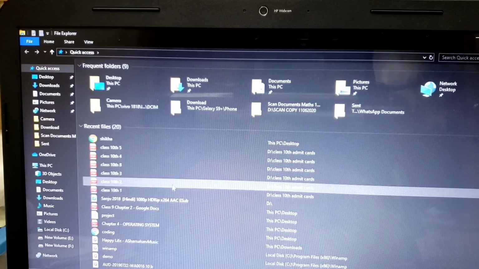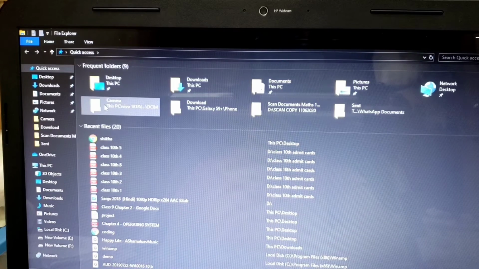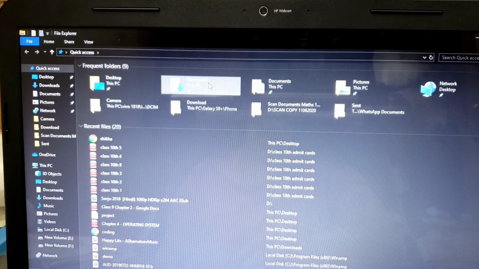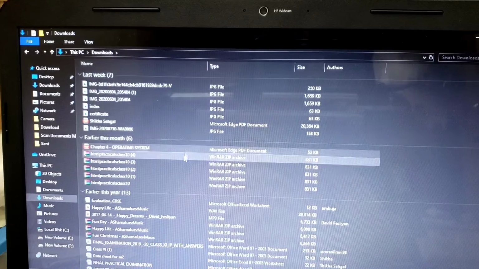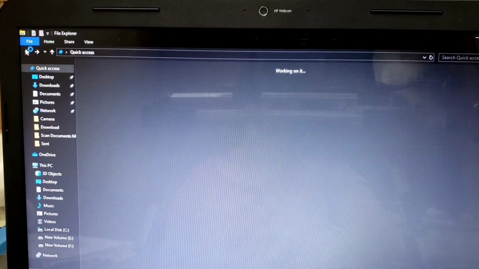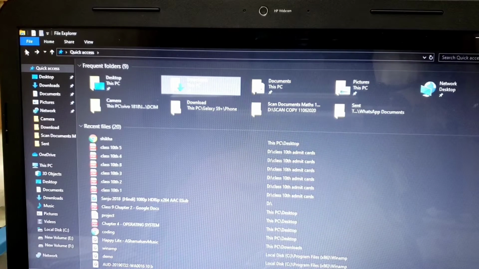And here you can see we have different folders as well. Folders means where you can keep your files in an organized way. Any folder, if you open it, all your files are stored in this folder. A folder is a place where you can keep your files in an organized manner, the way you keep all your project papers inside one stick file, so that all your documents and project papers are arranged in a sorted way. Similarly, in the computer we have these folders.